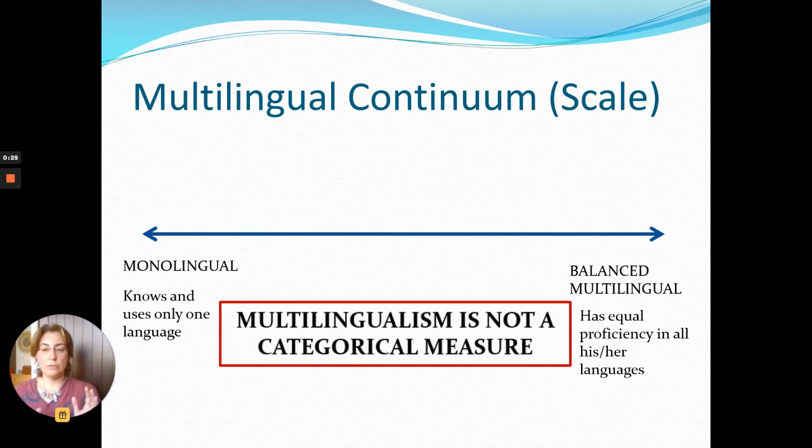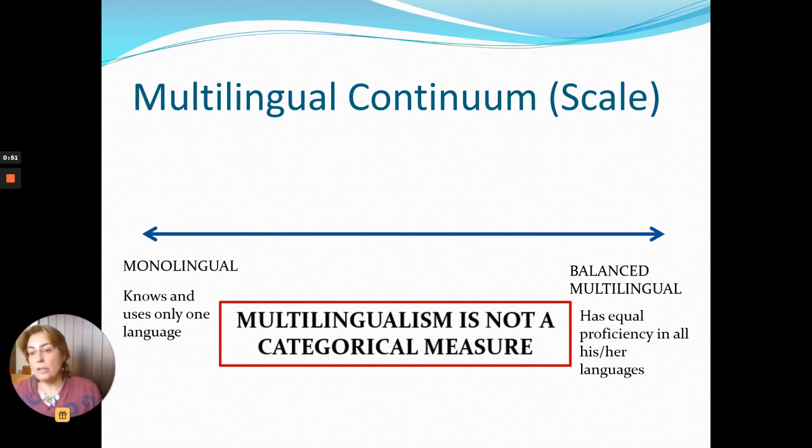So it's not that there are very well established limits to who counts as multilingual and who counts as monolingual, but rather that we are in front of a continuum, sometimes called the multilingual continuum or the multilingual scale, and that is more of a situation in which we have a continuum between, on the one